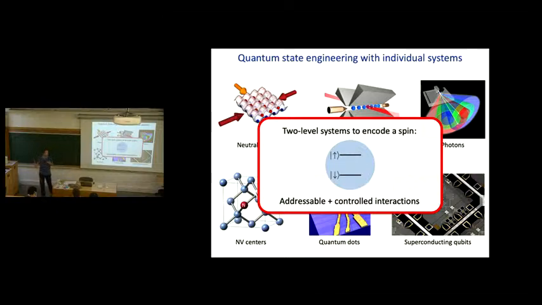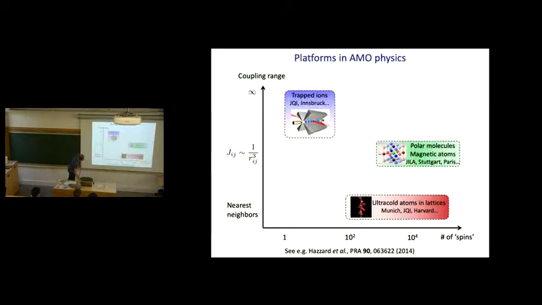The two levels are more or less complicated, but you see that if you take a piece of superconducting qubit, very clearly it's made out of many, many atoms, but for certain degrees of freedom, like the direction of rotation of the current in the loop, for example, you can decide that those are two states that you can encode the information on or use as a spin system. Okay? Right, so in AMO physics, back to that,